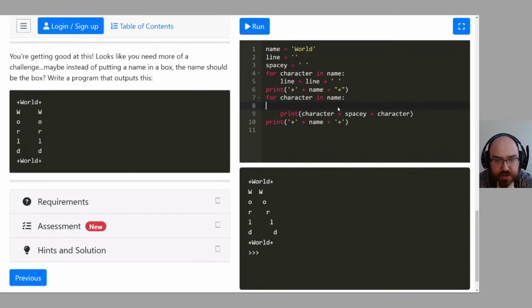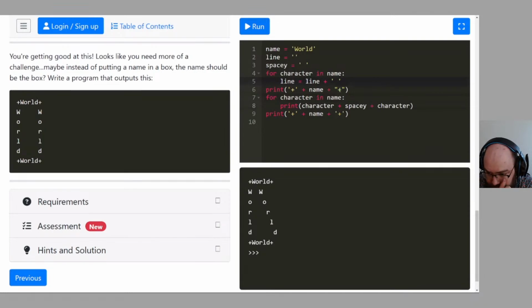Well, we've already got another loop just hanging out on line 4. Let's use that one instead. So line 5 you can either delete or ignore. I don't care either way, but I want a new line inside of the first for loop.